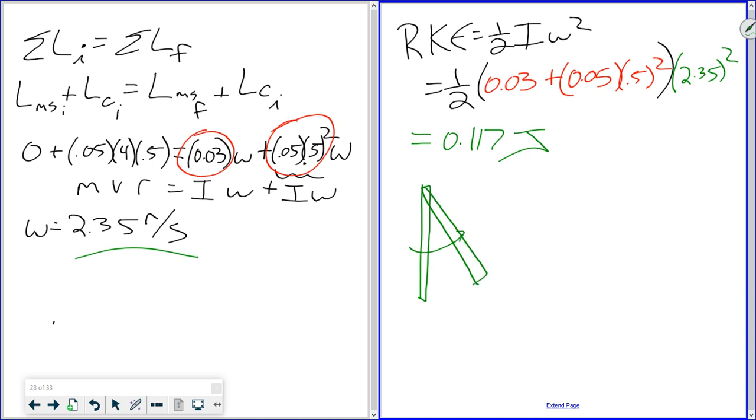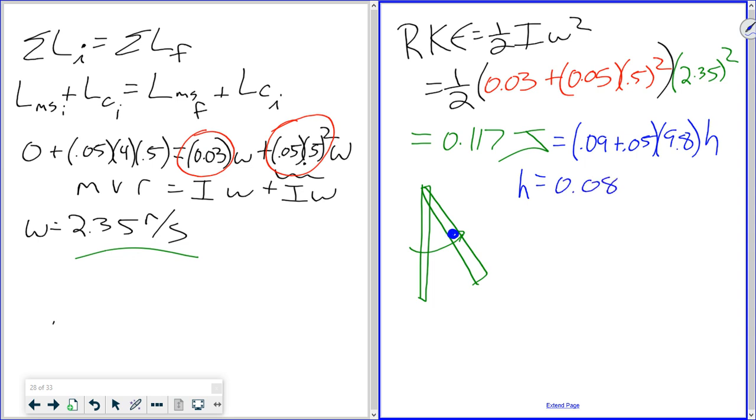All right, and so at the instant it stops, we're going to have GPE, right? So fortunately, because the clay is right at the middle, we haven't changed the center of mass. The center of mass of our system is still at the 50 centimeter mark, right? So this is going to equal the GPE at the point at which we stop, so that GPE is our combined mass. The meter stick was 0.09 kilograms, plus the clay was 0.05 kilograms, times 9.8 times H. So solve for your H, and you get